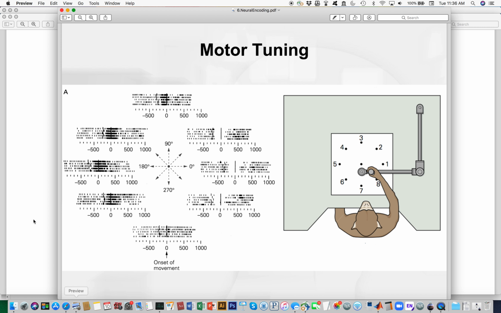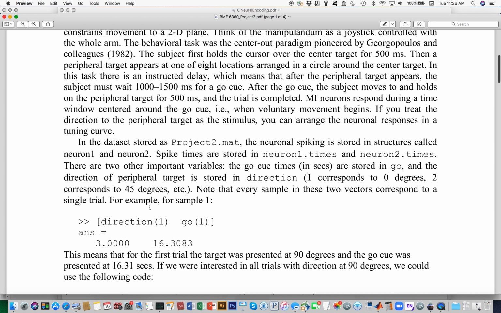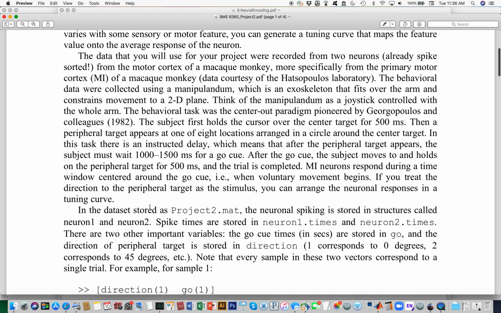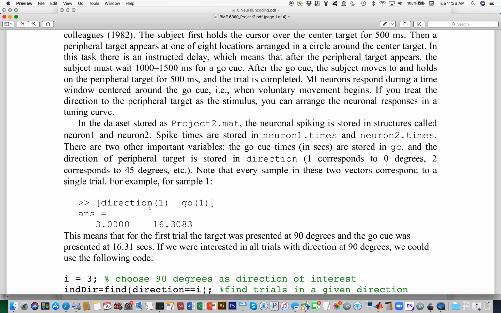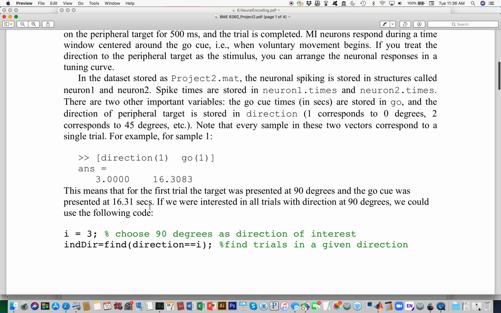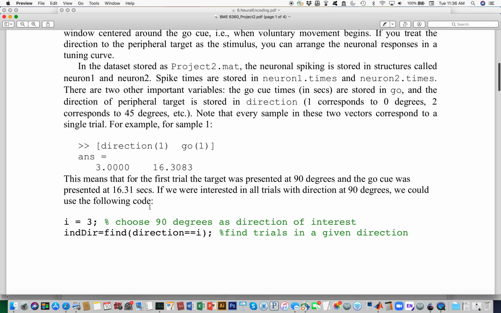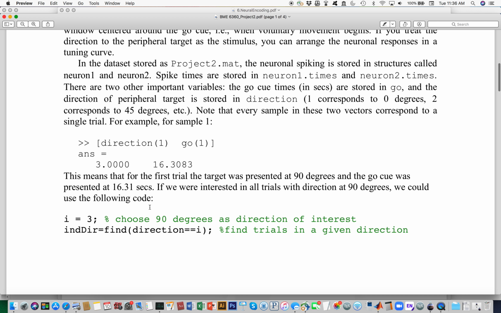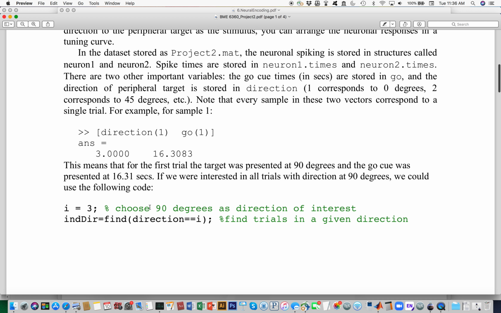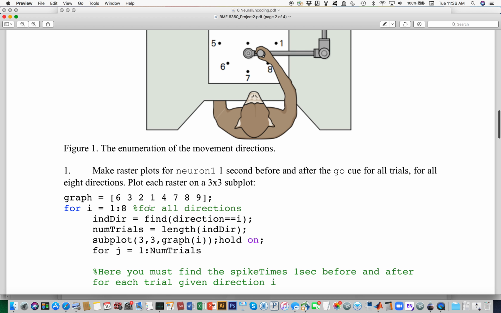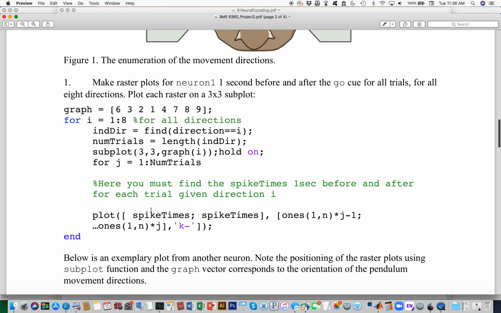So let me switch to the project description, which is again available on eLearning. What I'm asking you to do is create that raster plot. And these are the hints that I'm giving you. So if you have a for loop that goes through all your directions,